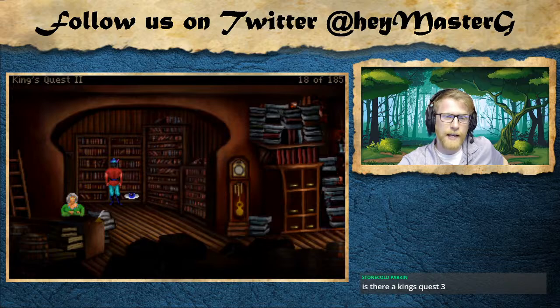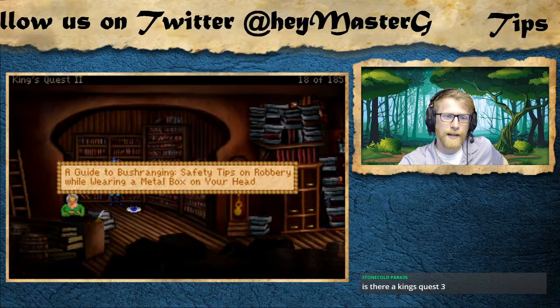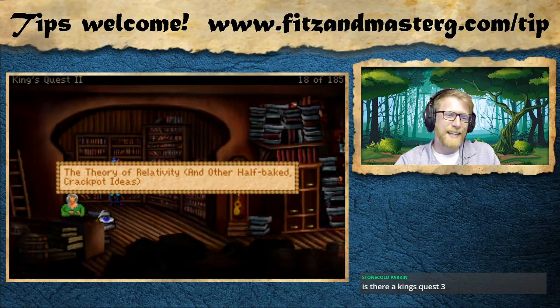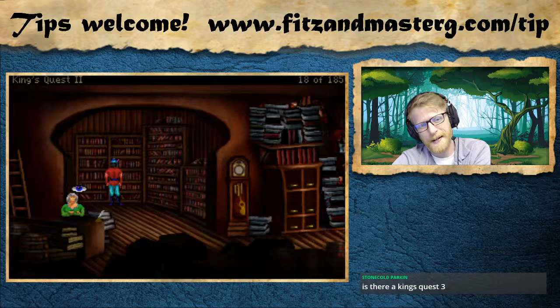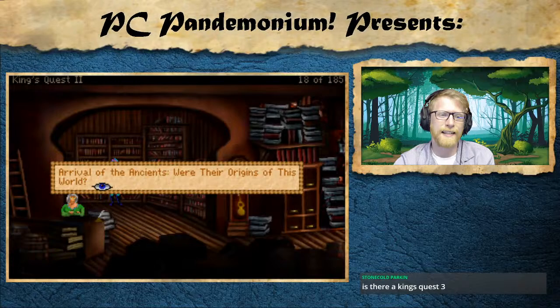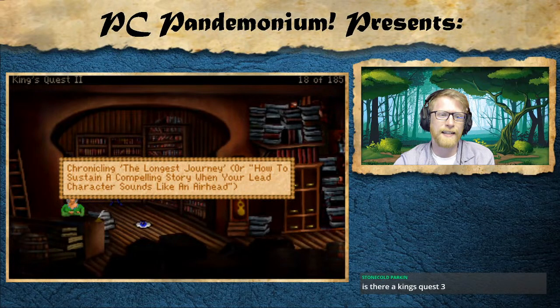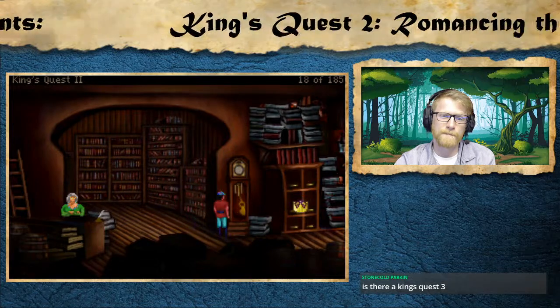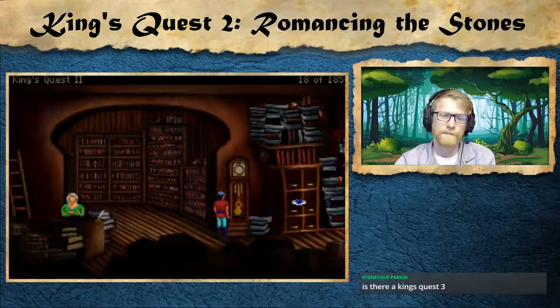Gullible's Travels. A guide to bush ranging. Safety tips on robbery while wearing a metal box on your head. Oh, God. The Theory of Relativity and other half-baked crackpot ideas. Arrival of the Ancients. Were their origins of this world. Chronicling the Longest Journey. Or how to sustain a compelling story when your lead character sounds like an airhead. Presumably, these pull-out drawers contain an...